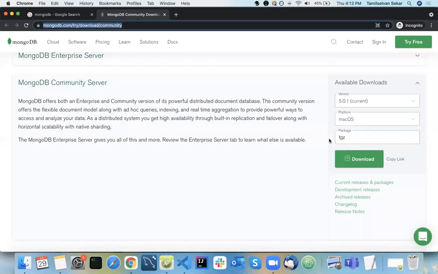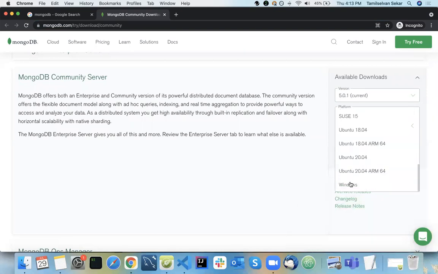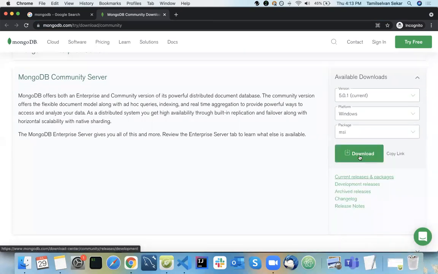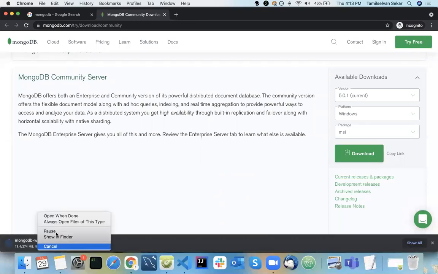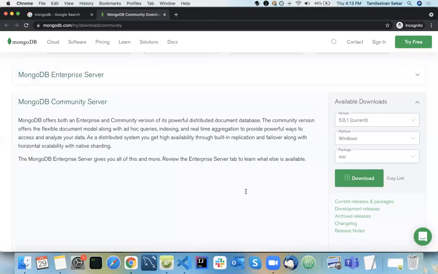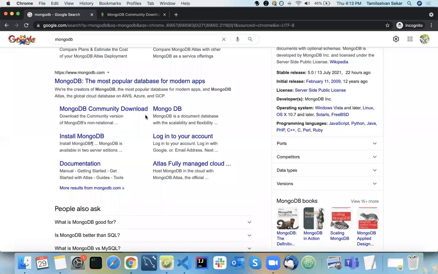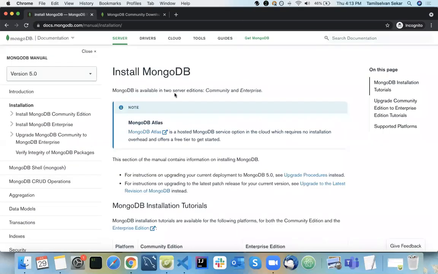Okay. So in the case of Mac, same way in the case of any other OS like Windows, just download it. Okay. So it will install the image. Nothing new. So the same way, you just need to give next. Okay. And that is the thing. And if you want to know the documentation, I told you, right, the best documentation ever in any technical stuff. Okay, MongoDB has great documentation.